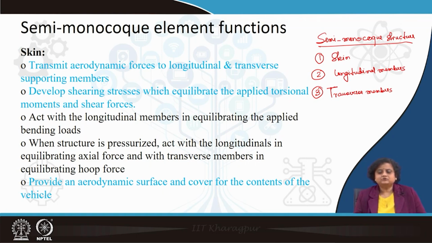Now, let us quickly see the main structural job of each of these components of the semi-monocoque structure. Let us start with the skin. The main structural job that the skin does is that it transmits the aerodynamic force that comes on the aircraft to the longitudinal and transverse supporting members. That is the primary job of the skin. The second job is to develop